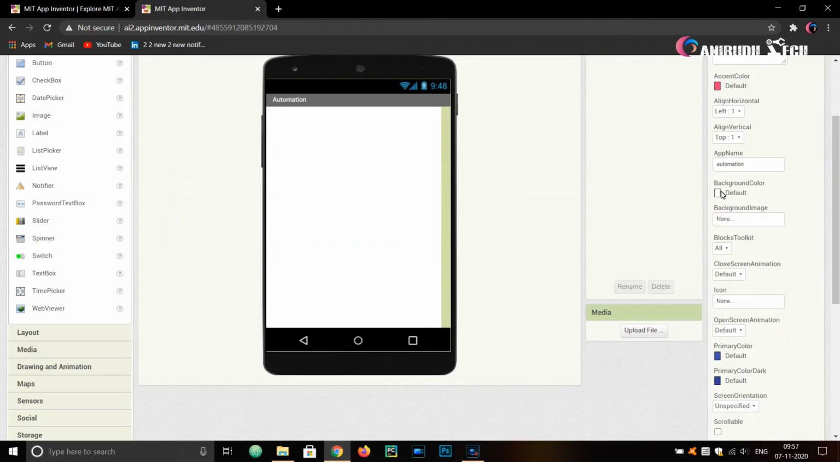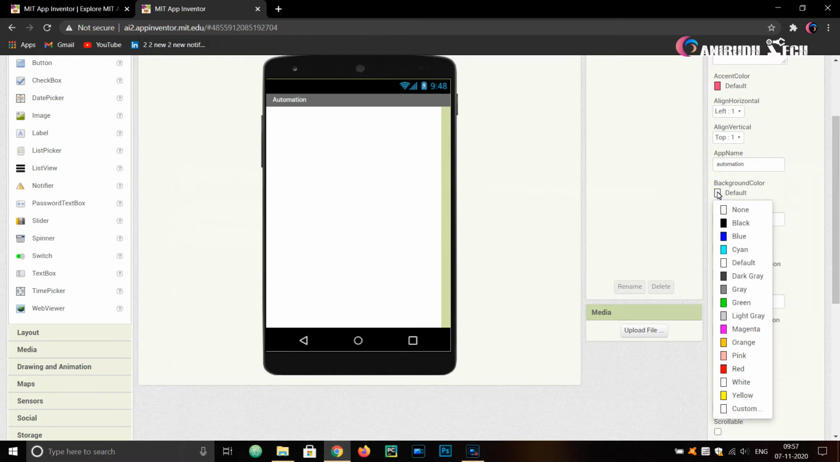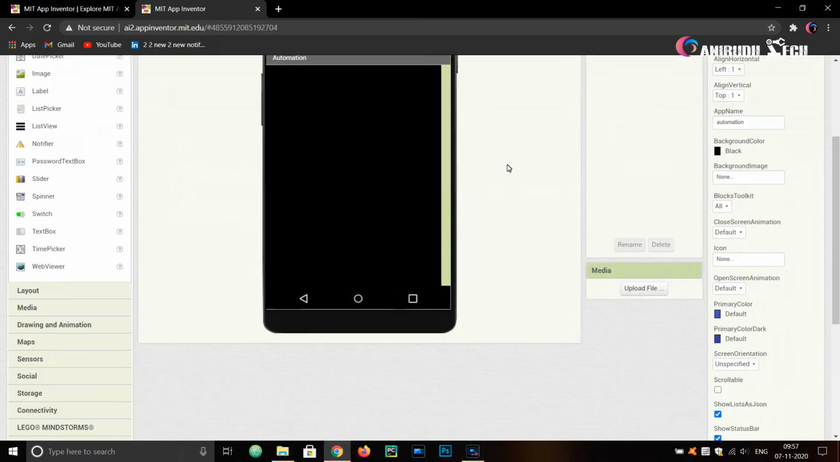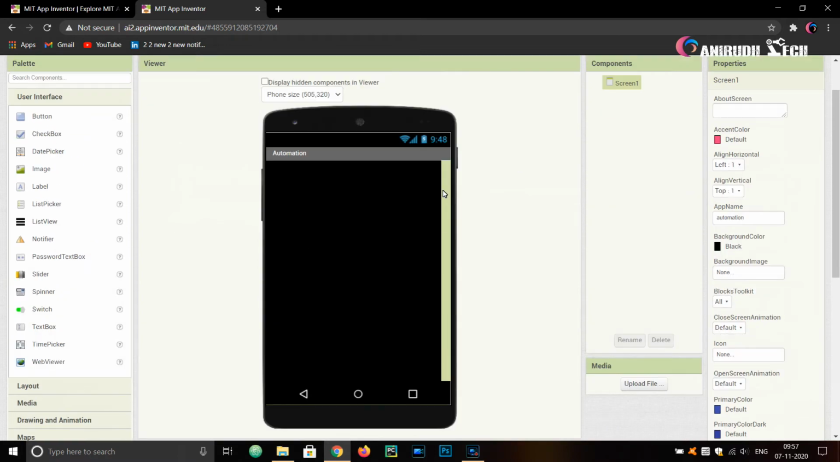Now I want to change the background color of my app. The default color is white. Okay, as dark mode is trending, I am just giving it black. Yes. Now we need a list picker for viewing the available Bluetooth devices and also to pair with our HC-05